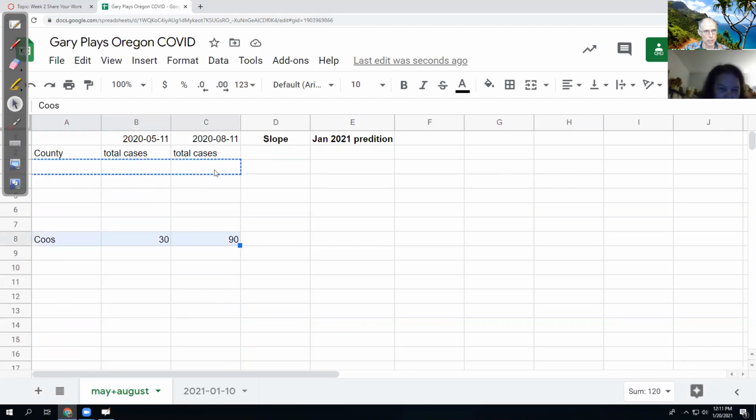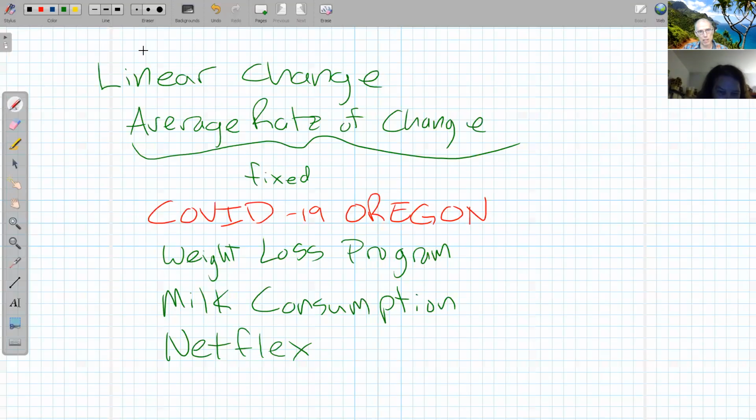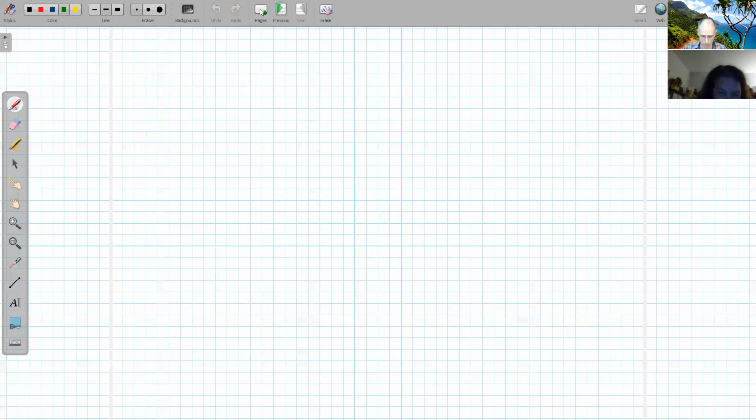So Coos in the beginning of May last year had 30 cases, and then in the beginning of August, they had 90 cases. And what I want to do is use that to find the rate of change, the slope, and then make a prediction for January. So with anything like this, I often write stuff down on paper, even if I am using a spreadsheet. So my paper version for Coos County